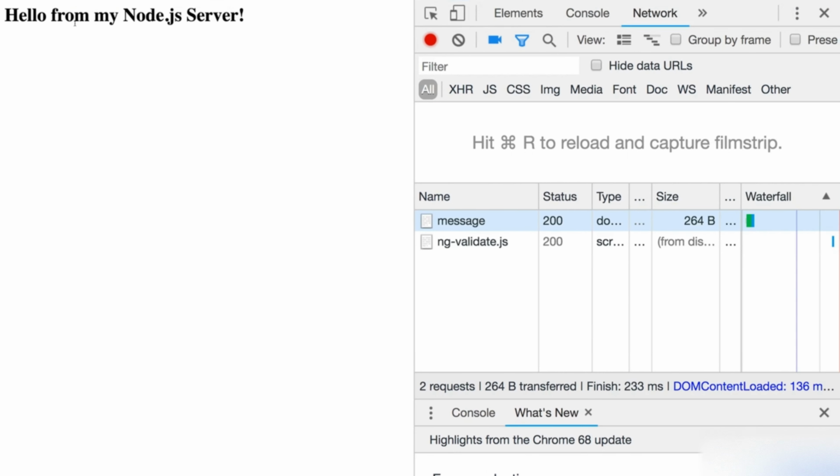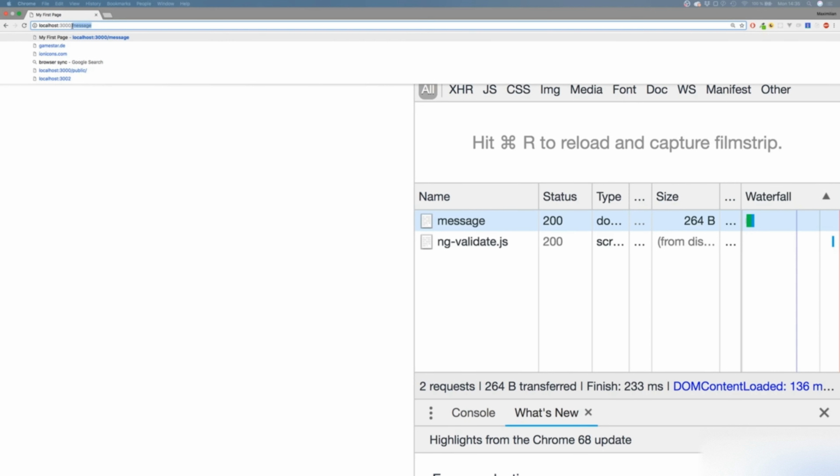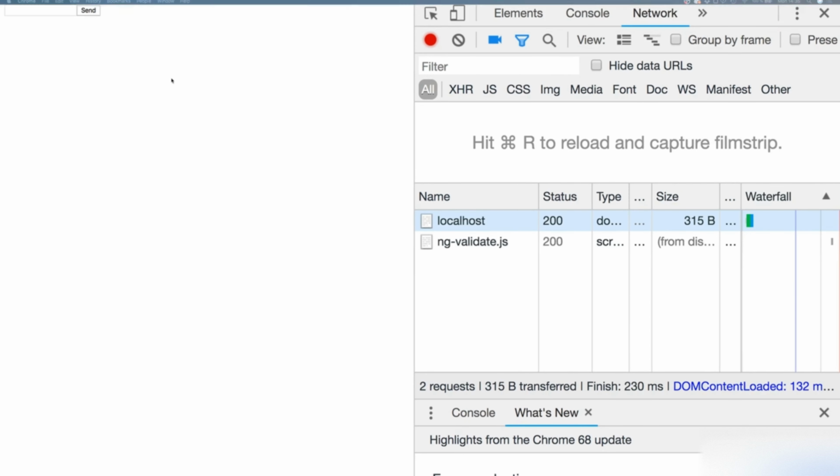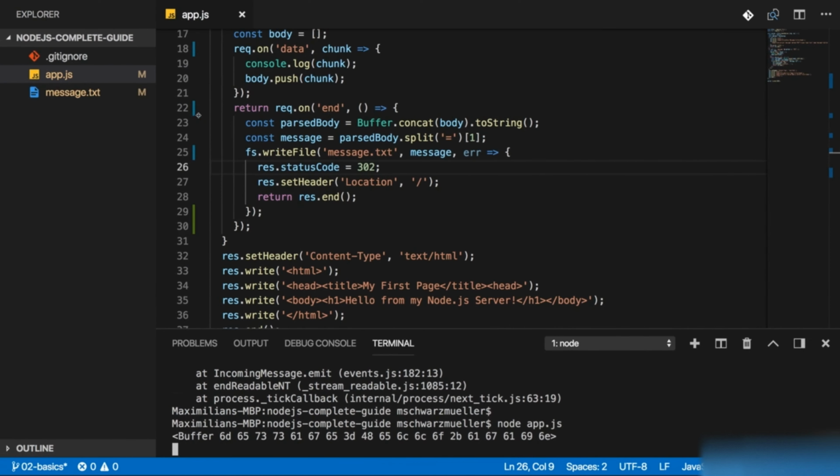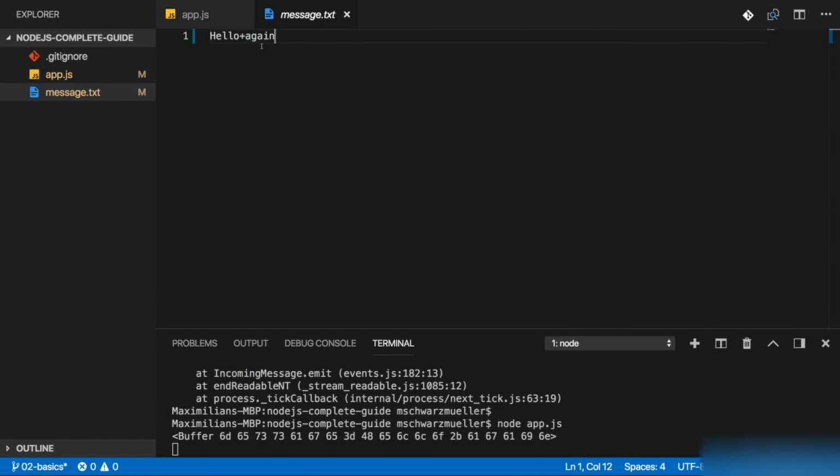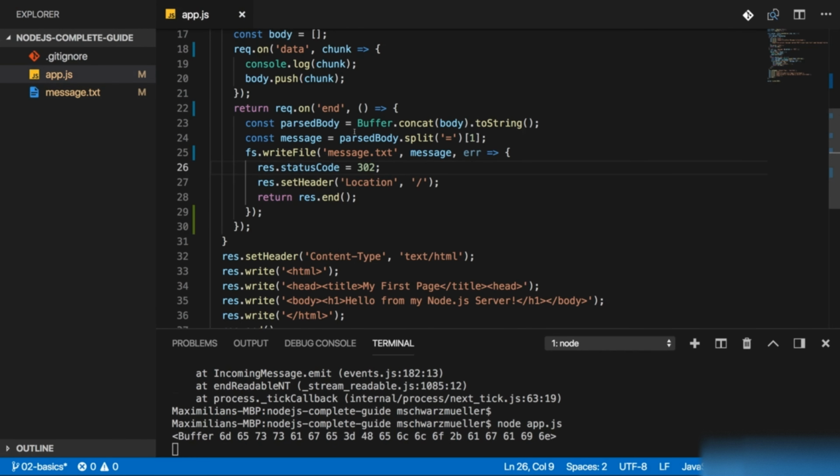going back to just slash nothing. Let's enter hello again here and send. And in message text, we see that, again, concatenated with an extra character, not something we have to worry about right now. So you see, write file also works, but this is the way you should use it due to